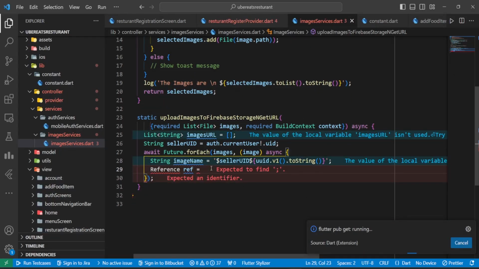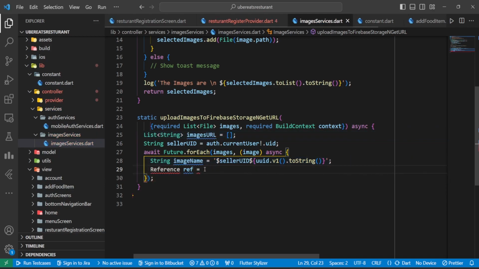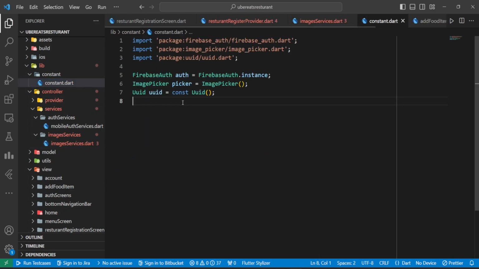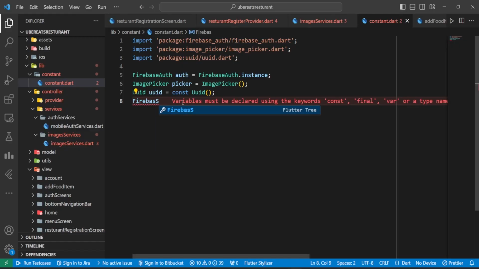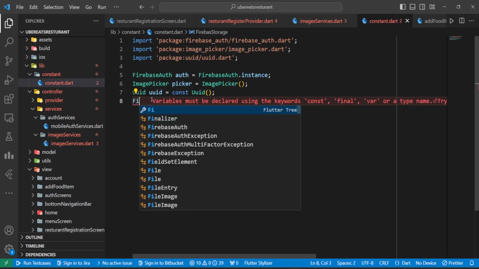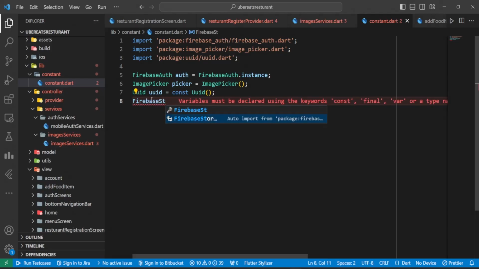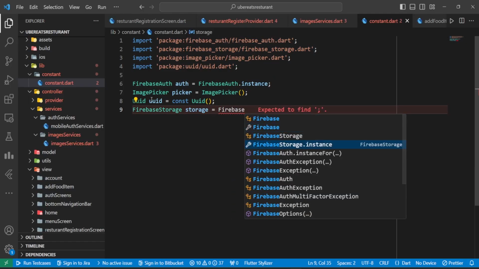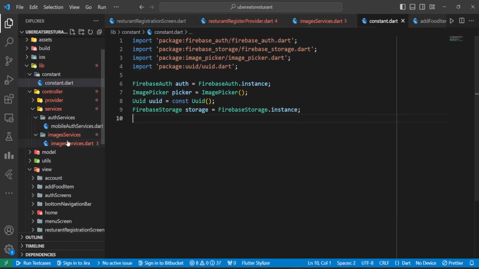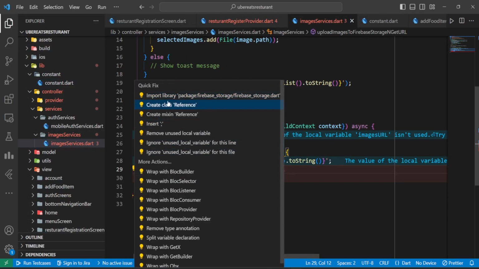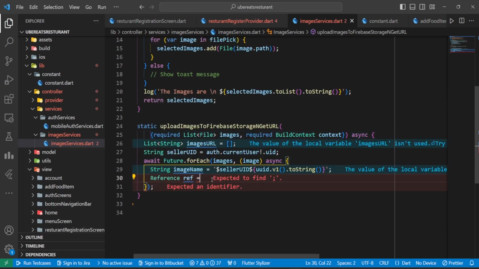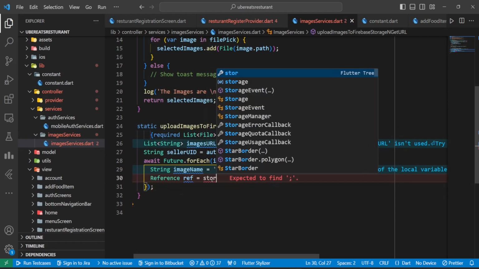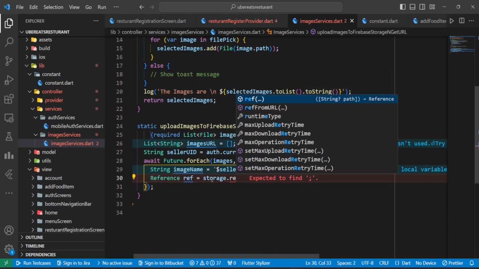Now here we will go with reference. So we have to initialize the Firebase storage instance also. So we'll go with Firebase storage equals, let's import this. So here we'll go with Firebase storage. So there was a typo, Firebase storage equals Firebase storage dot instance, and we are good here. Now we'll move back to image services reference. Here we will be importing Firebase storage, and here we'll go with storage dot ref